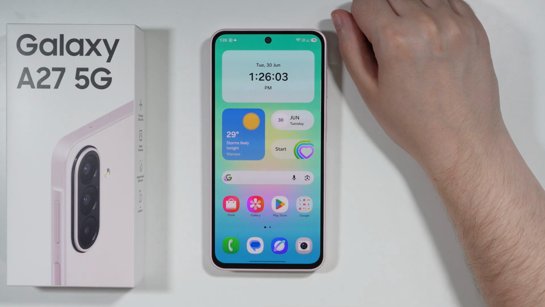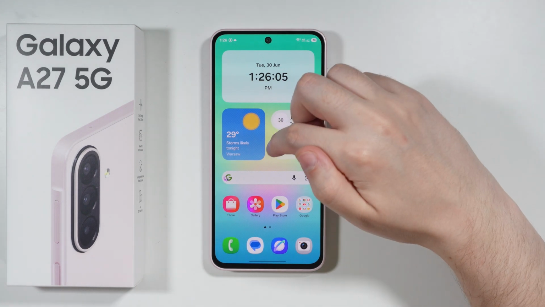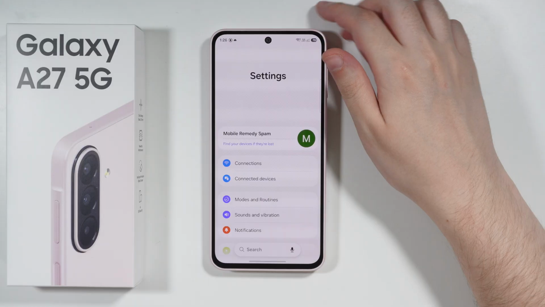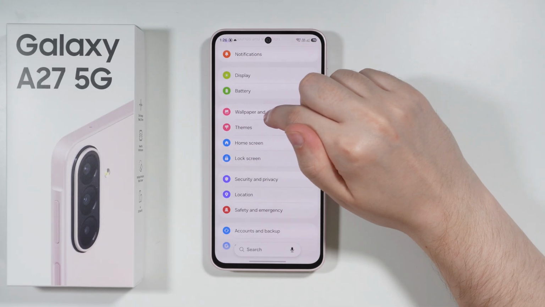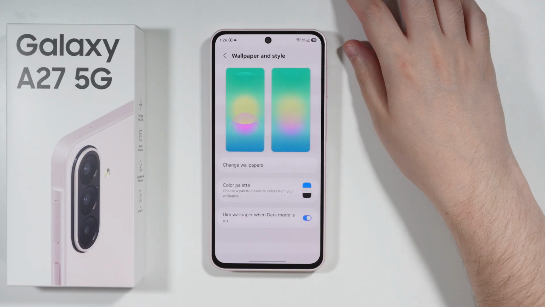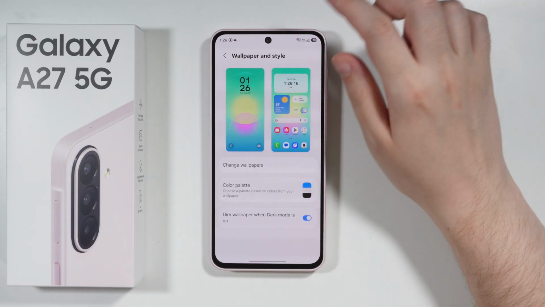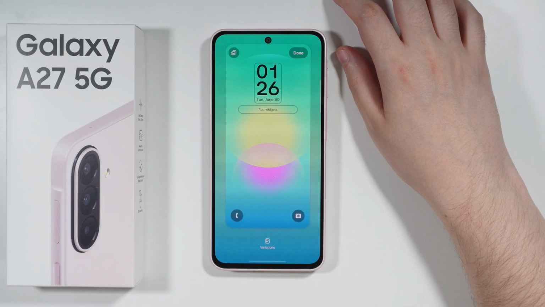If you want to customize lock screen on Samsung Galaxy A27, then first of all we need to open Settings. Once you open Settings, we want to scroll down a little bit and then go to Wallpaper and Style. Over here we should be able to tap on the lock screen and then you should be able to start